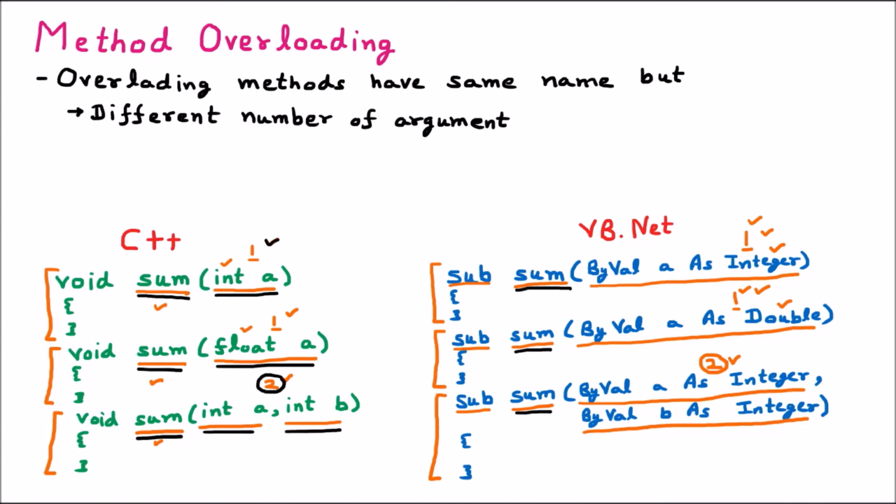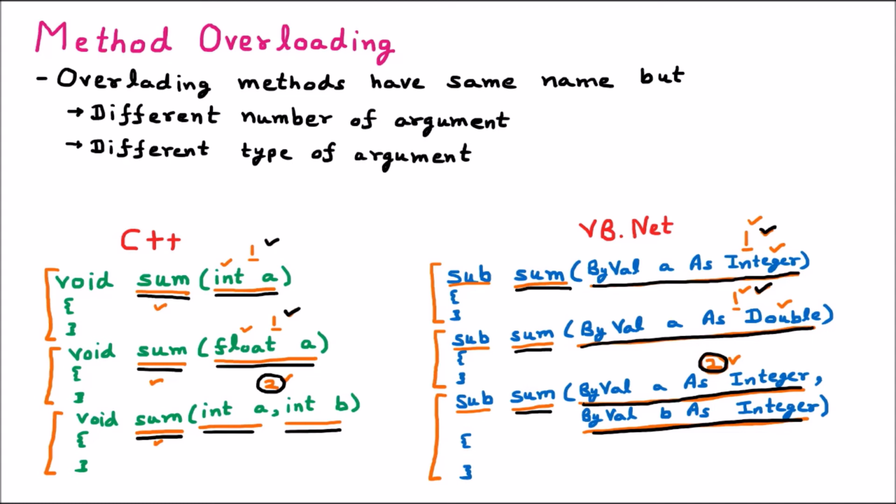Now with 1 and 1, there can be a clash. So here if you talk about the .NET, again the same thing, there are 2 arguments. Now 1 and 1, so these are 2 arguments. Then if you talk about the above procedure, we are having the 1 here and then again 1. So 2 is perfectly fine, but there can be a clash between this 1 and 1. So for that, there is one more statement or the second condition, that is different type of argument.